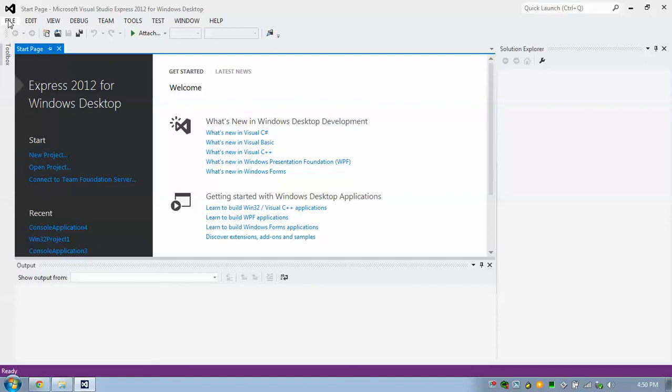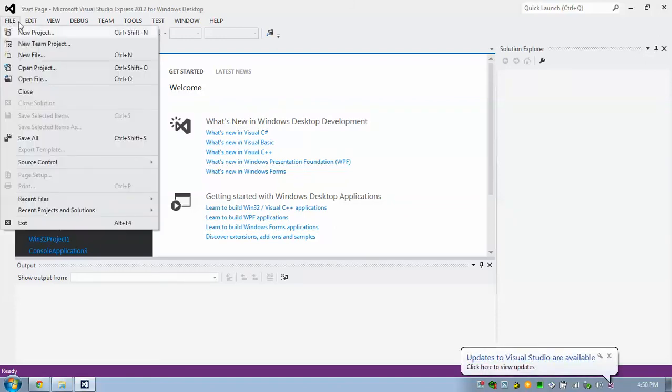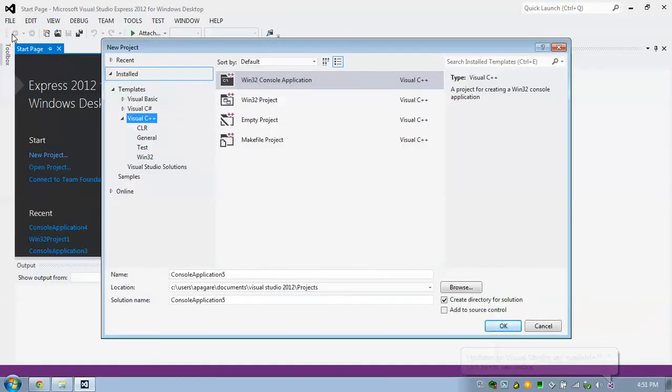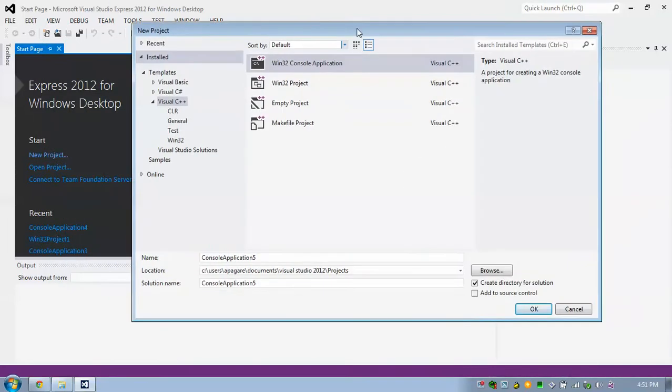So we shall go to File, and we'll choose the option New Project. Down below, we'll click on it, and we will get a dialog box with this kind of interface enabling us to choose something. We are always going to use Visual C++, and we'll always use Win32 console application. Keep a note of where your project is being created, folks,